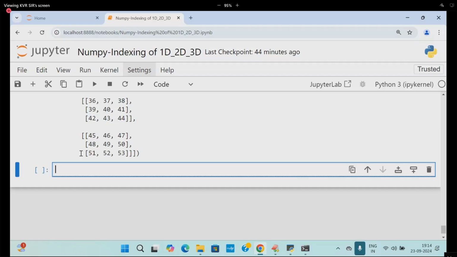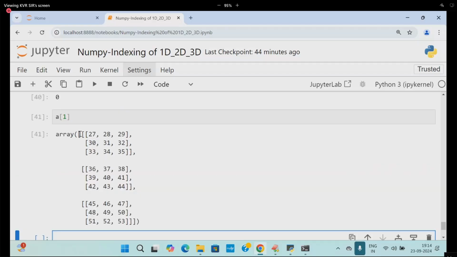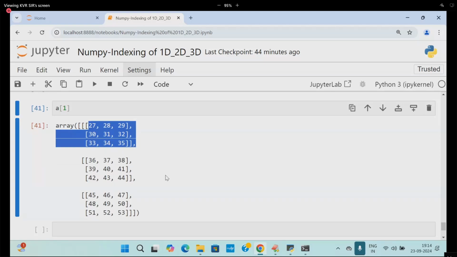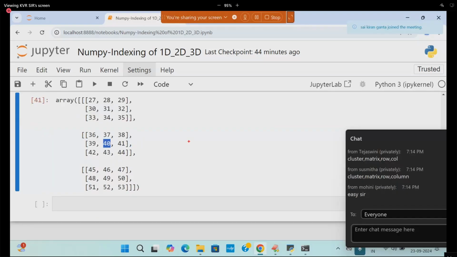So now it is going to be A of 1. This one, I want 40. I want A of 1. Come on, 1 and what? 1 and then what? 1. What is this one? This is the 0th matrix, first matrix. What is this one?